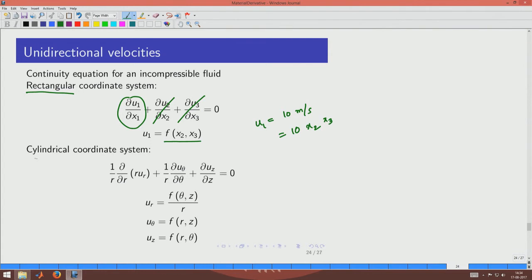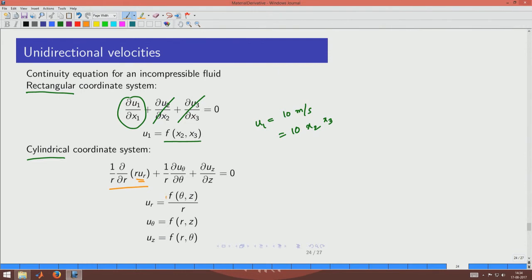In the case of the cylindrical coordinate system, a little more variety is possible. If you look at the first term and you want only the radial velocity to be there, then it must necessarily have a form of 1/r. You could see that there is an r sitting there. So, when you have the 1/r form, these two r's will cancel, and then you have only a function of theta and z, which when you differentiate with respect to r you get a 0.